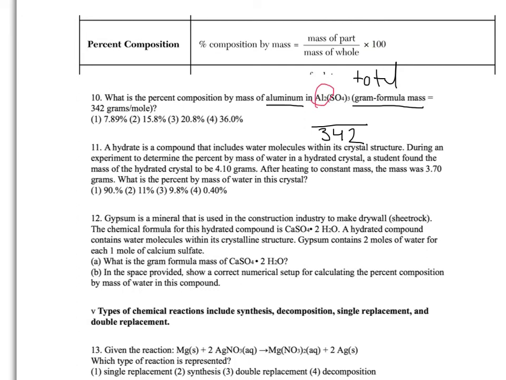Now, our periodic table tells us that aluminum has a mass of 27. But according to this formula, there are 2 aluminums. So we'll have to take 27 times 2, divide it by 342, and multiply this times 100. Let's put this in our calculator to see what we get. So your calculator should give you a percent of 15.789%, which rounds to